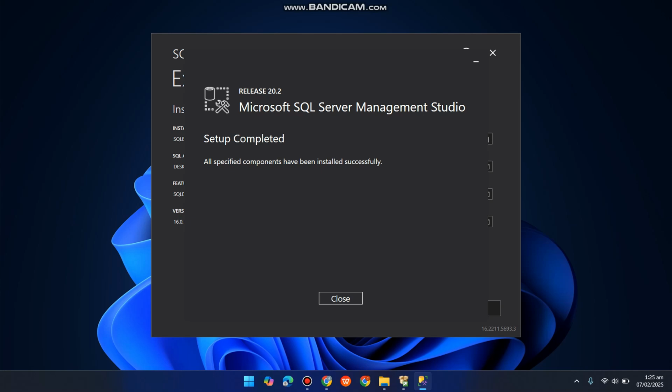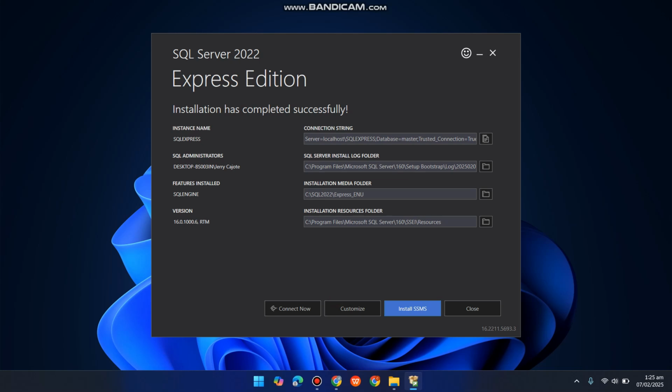So welcome back. Microsoft SQL Server is already installed, and this window will be closed.